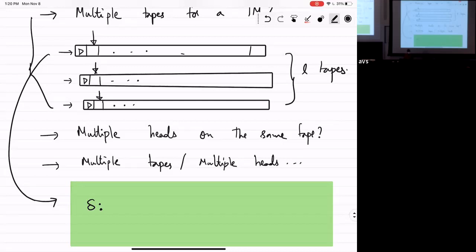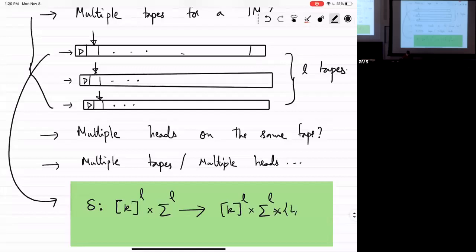Since there are multiple tapes, there are 3 heads, and possibly 3 different states that each of those machines are running on. So my transition function could be something like K^L times Σ^L, and then it outputs a state for each of those, a symbol to write on each of them, and then how each head moves separately.